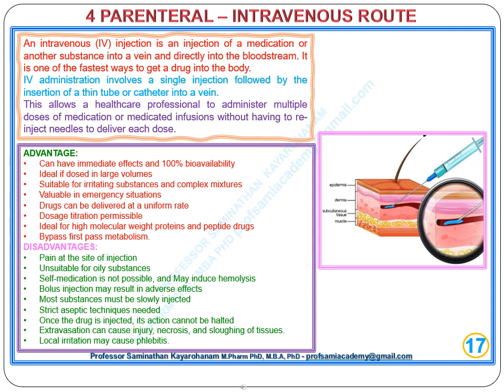Next slide. Type 4, parenteral, intravenous route. An intravenous, IV, injection is an injection of a medication or another substance into a vein and directly into the bloodstream. It is one of the fastest ways to get a drug into the body. IV administration involves a single injection followed by the insertion of a thin tube or catheter into a vein. This allows a healthcare professional to administer multiple doses of medication or medicated infusions without having to re-inject needles to